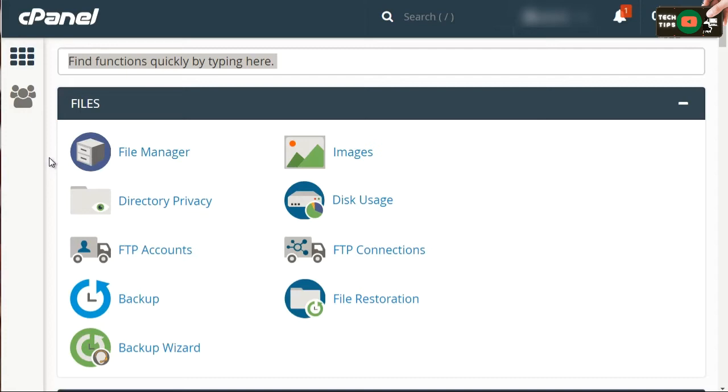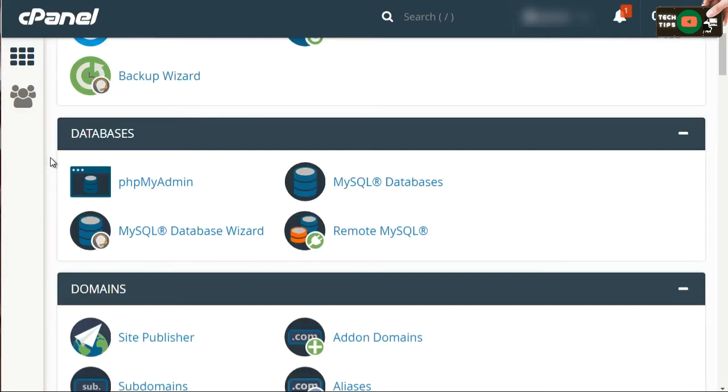Make sure that you're logged into your cPanel, and what you want to do is scroll downwards and look for databases. If it's different, then look for the MySQL Database Wizard, and this will walk you through step by step. It's the easiest way to go. So first things first, click on this,